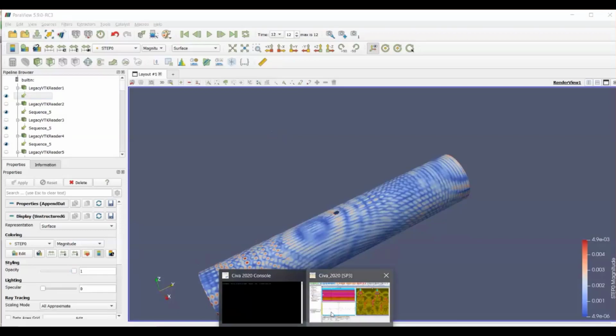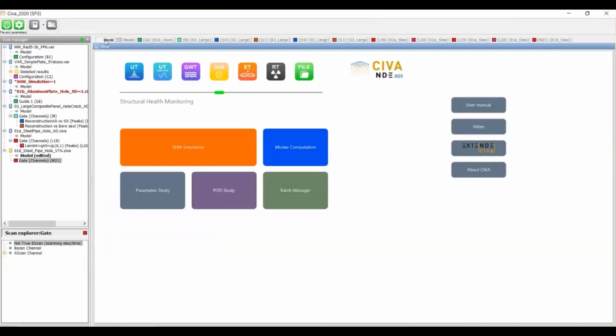Let's also mention that SIVA SHM also includes parametric study and POD study tools currently available within the SIVA platform, as you may know from the other modules, UT, eddy current, maybe.